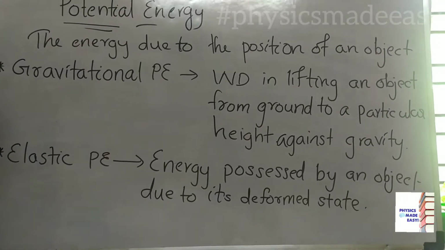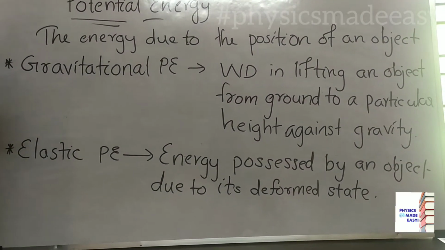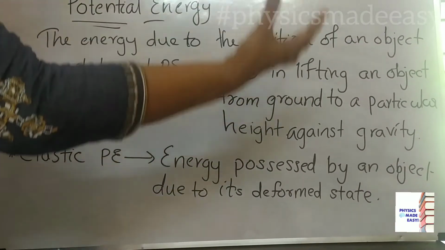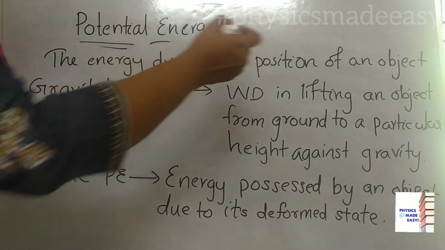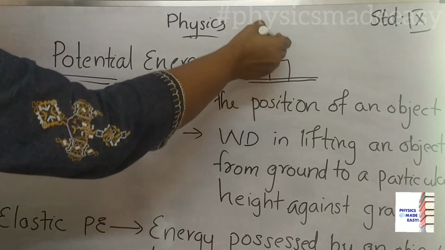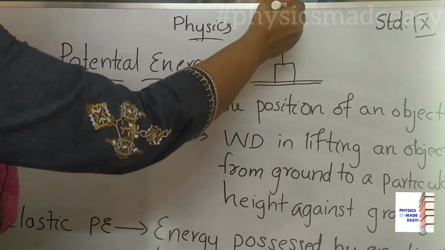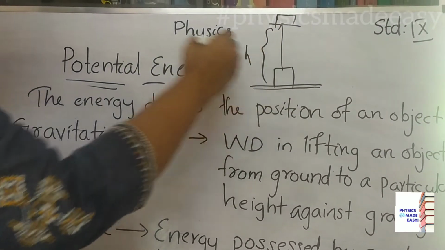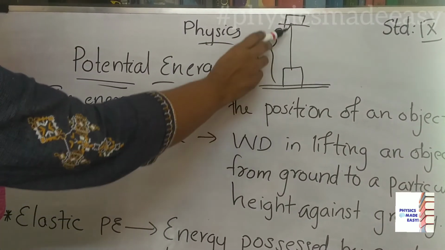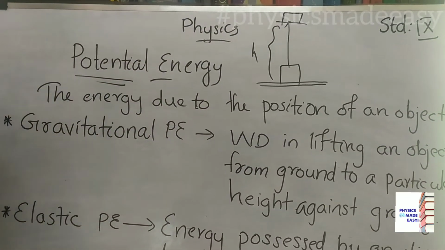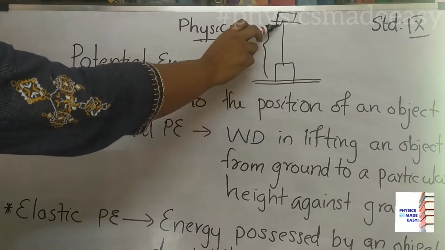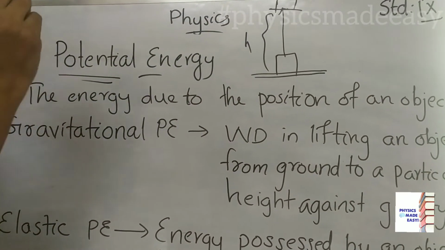So the work done: if you want to lift an object from the ground, you have to apply a force on it. The object is moving through that much distance, and the distance means the height of that object. Listen here. One object is on the ground. If you lift that object to a particular height h, the object is at a height h from the ground. For lifting that object from the ground to this point, you have to apply a force. Due to your force only, you can change its position from the ground to here, no? So you are doing that work.